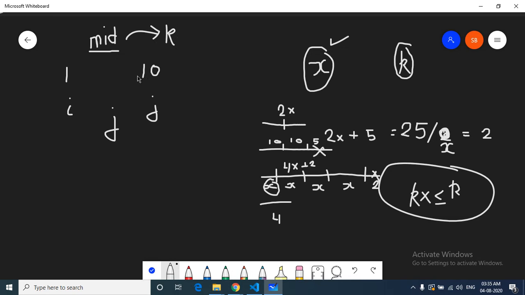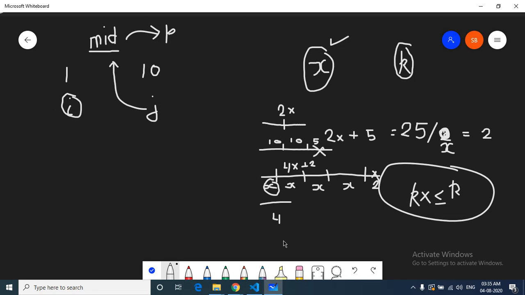Else, if this is not acceptable, you will move your i equal to mid plus 1 because you don't have to take mid. But if this is acceptable, then you will point your j equal to mid because this mid is acceptable. And after all this binary search, the answer is just stored in i. That's the whole trick for this question.